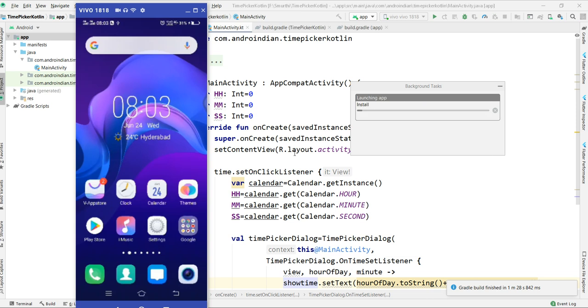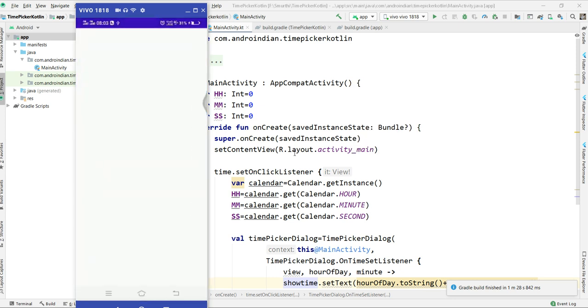Now it's installing. Once it is installed, we can see the output.